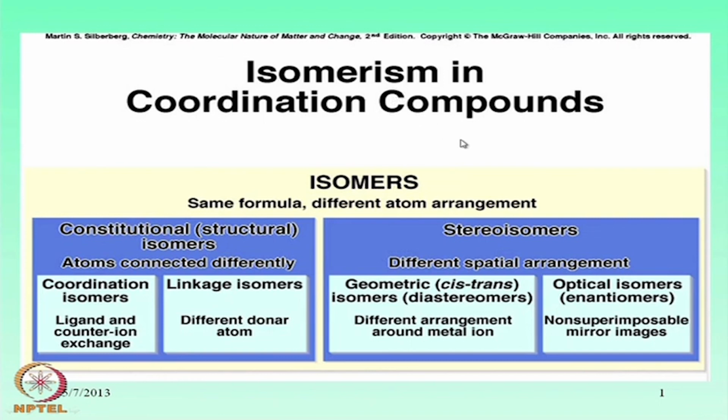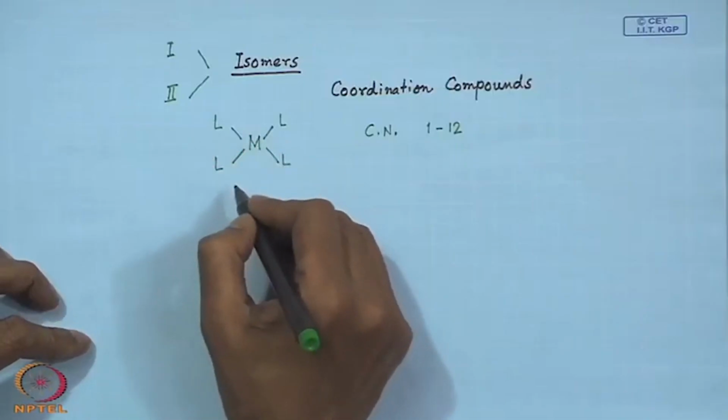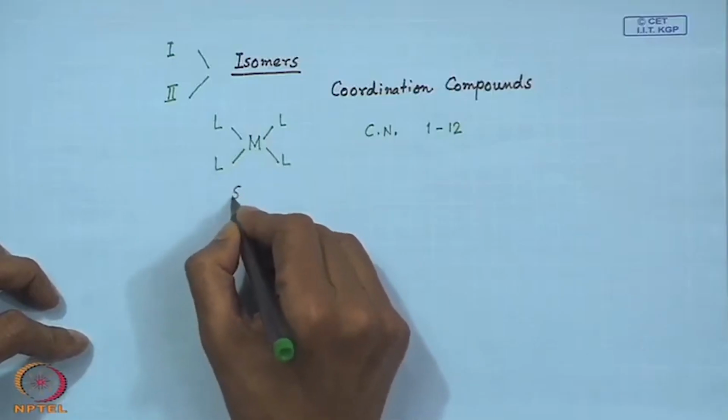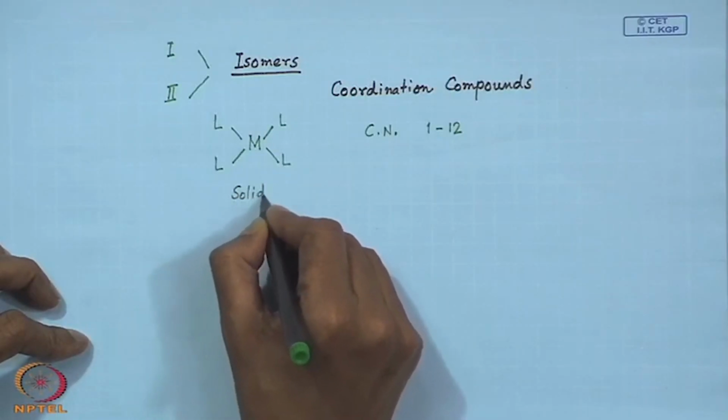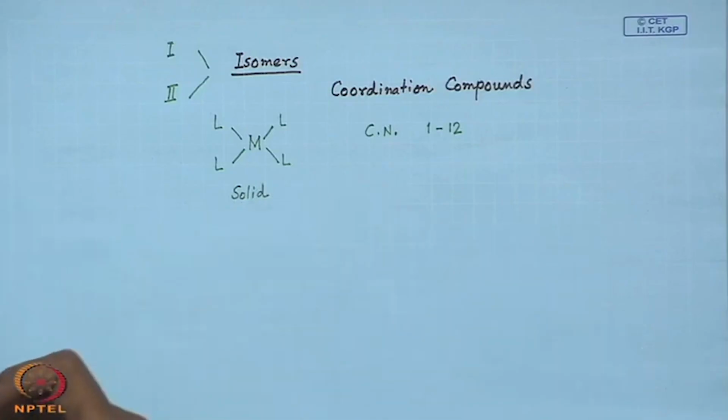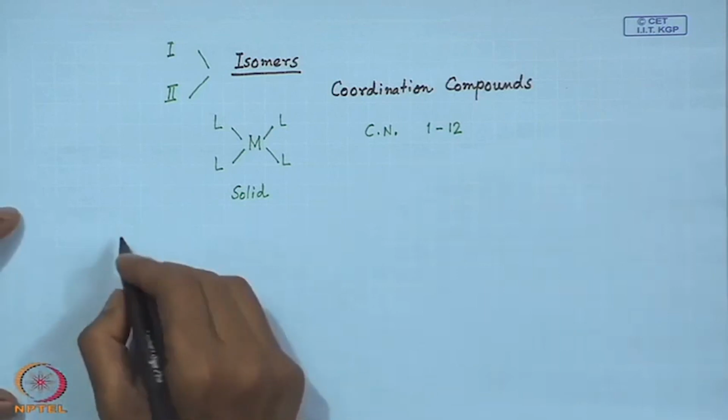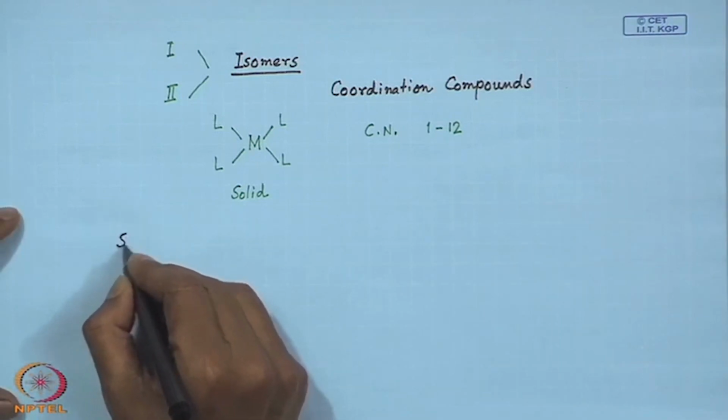compounds. So this is a very broad field where a large number of coordination compounds we are talking about. So not only the coordination compounds, but sometimes the simple corresponding coordination environment or coordination entity in solution. So this particular system, we can isolate in the solid state as a corresponding solid compound, but in the solution phase also